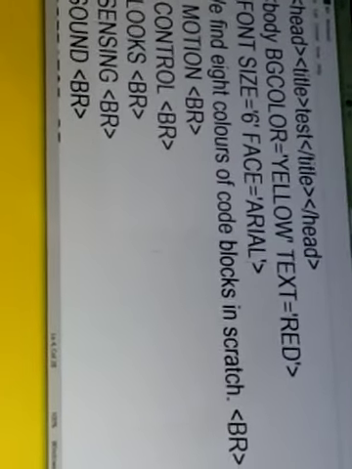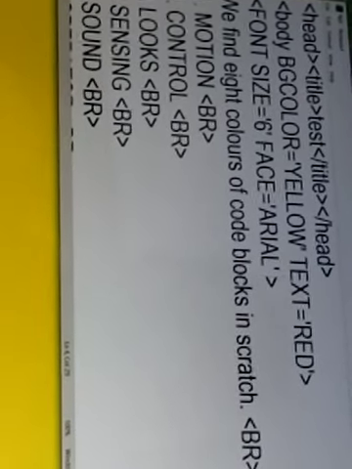Now here we can also change the color of the font. To do so, again I have to use the attributes for the font.